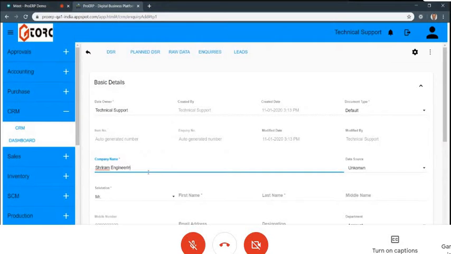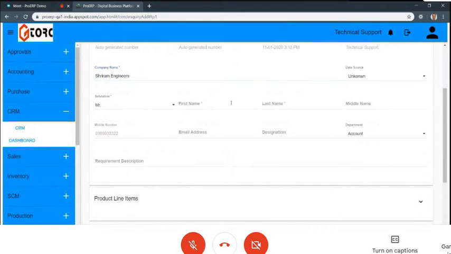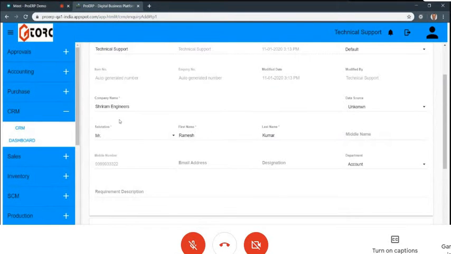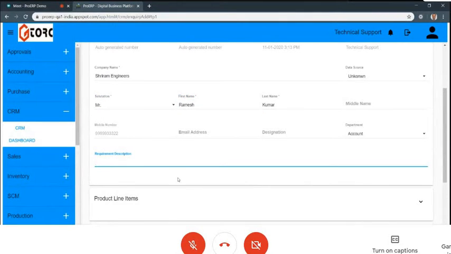Now let's say there is duplication of the inquiry. Say a guy from north and a guy from south both have the same inquiry. In that case, Ramesh Kumar, I'll just type. So in the inquiry, these are the minimum requirements: what is the company, the contact details, and this is an optional note on the inquiry that can be added here.